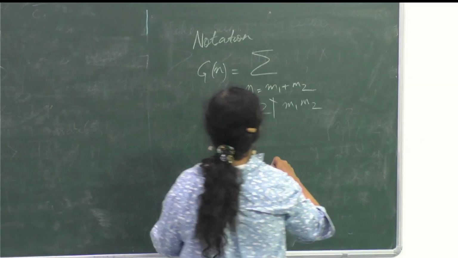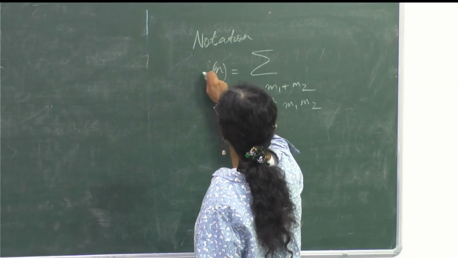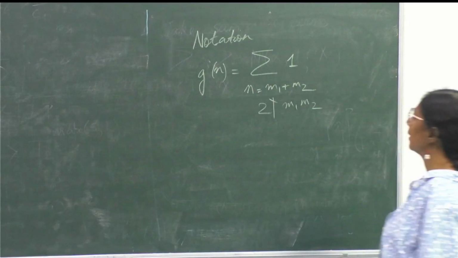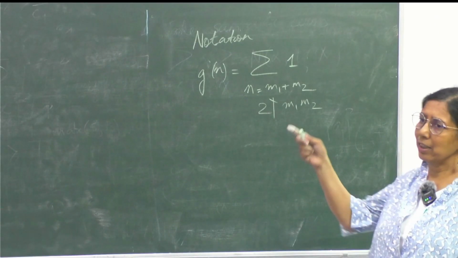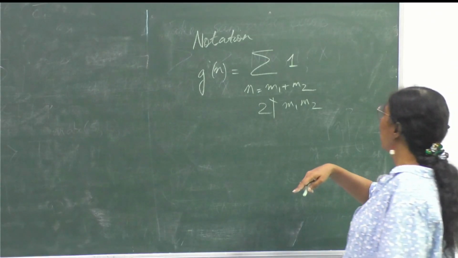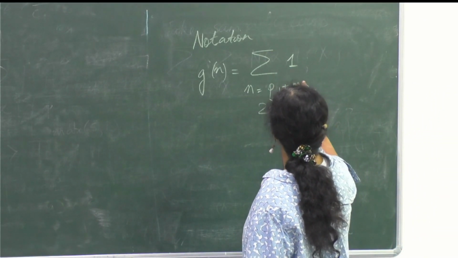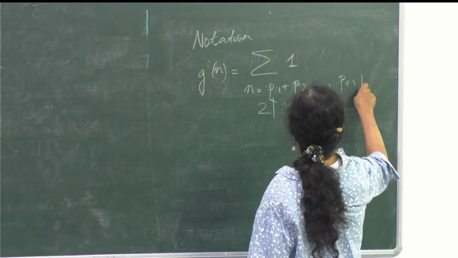Okay, let's not call it G of n. I will call this little g of n. If you count this once, then the question is whether little g of n is always greater than 0. So like the previous cases, I will use P1 plus P2 here, where P1 and P2 are primes,